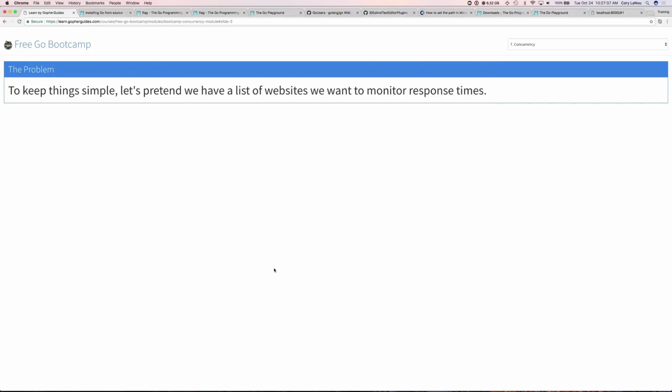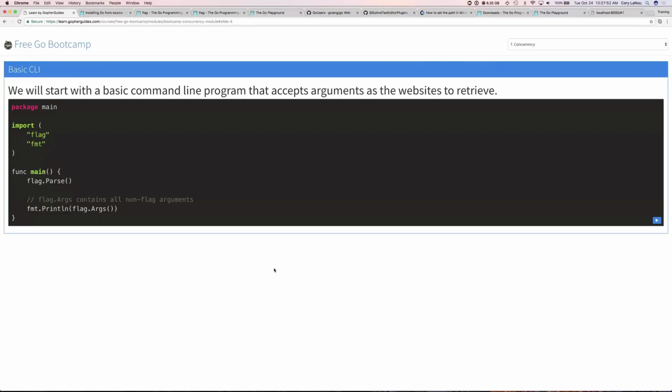And to keep things simple, let's pretend we just have a list of websites and we want to monitor response times, right? So very simply, we want to go ahead and take a list of sites. We're going to pass them through this program, and we're going to see what the response times are. So we're going to start with a basic command line program, and this doesn't really do anything concurrent, but